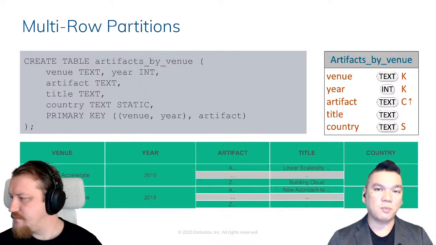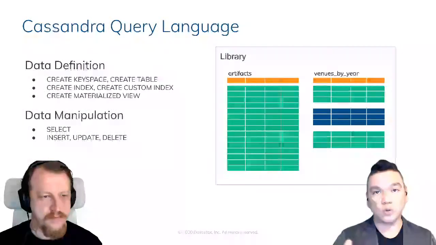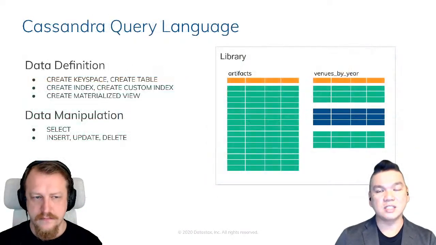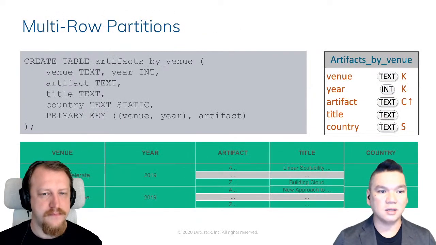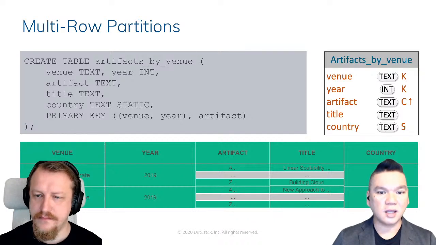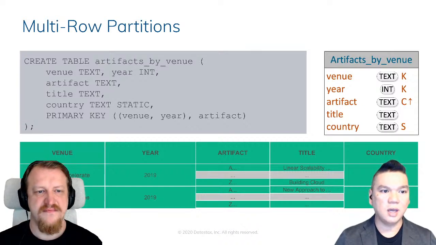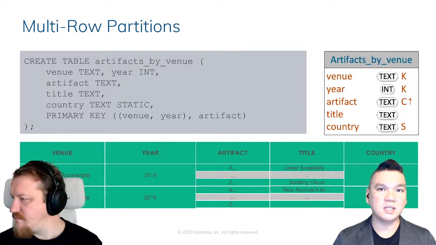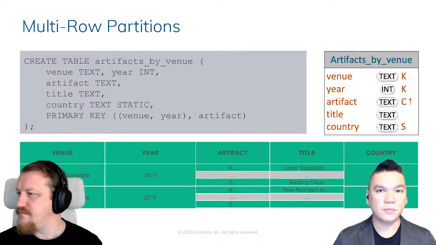Let's just go back a second. So a primary key must always contain a partition key. And if it contains also a clustering key, meaning that there are additional columns apart from just the partition key, that's when it becomes a compound primary key. Now we've got a keyword in this table in particular, where the country is a static column. So the data type here is text for the country column, and where it says static, static means that the value is the same for all the contents